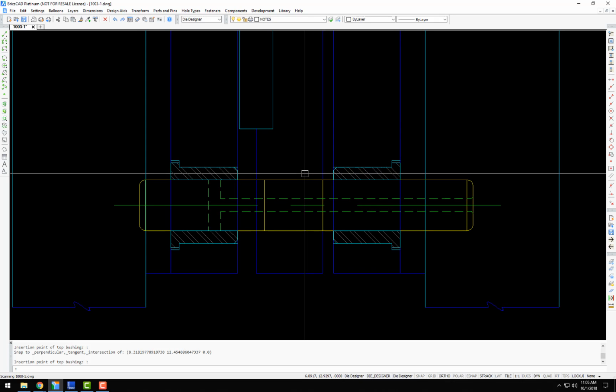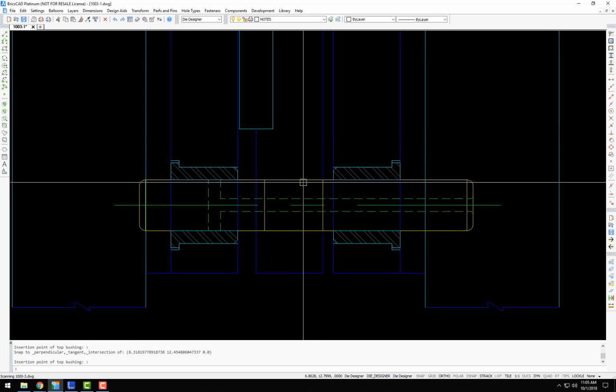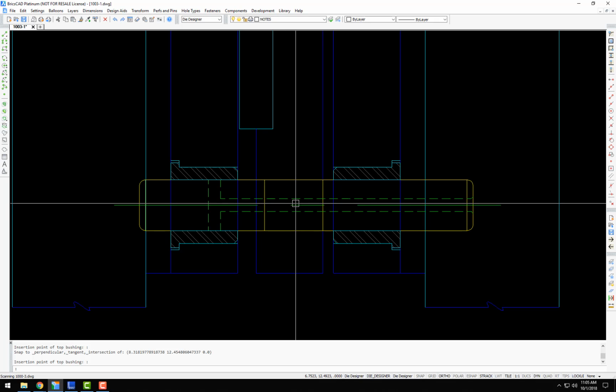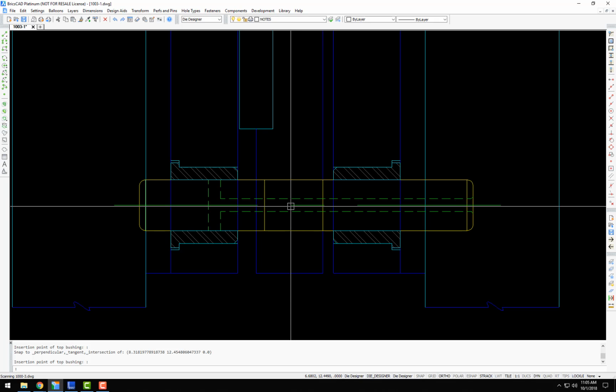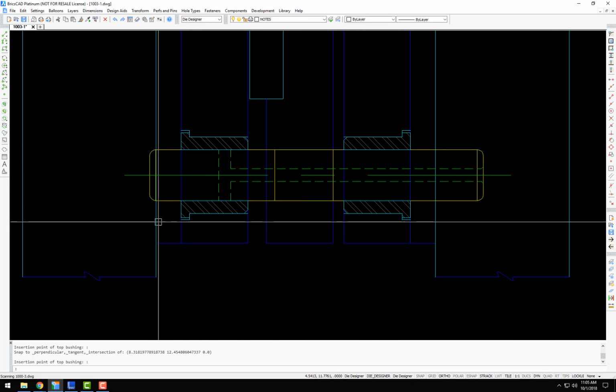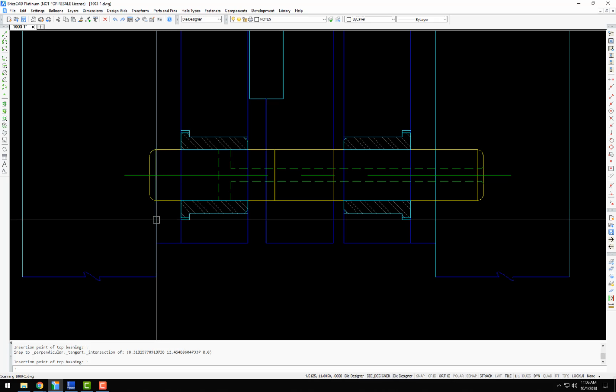If this didn't look quite right, you could go back to the dialog, erase this, go back to the dialog box and change your parameters, pin length, pin diameter, etc. I'm going to quickly do some cleanup on this. Starting with the touch command, I'm going to touch on this